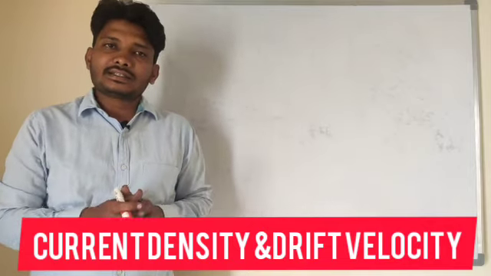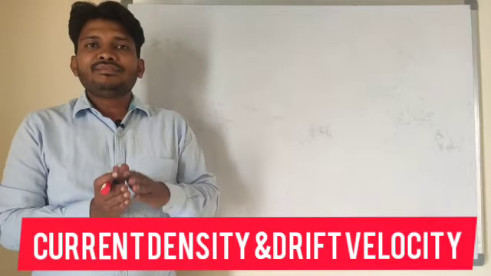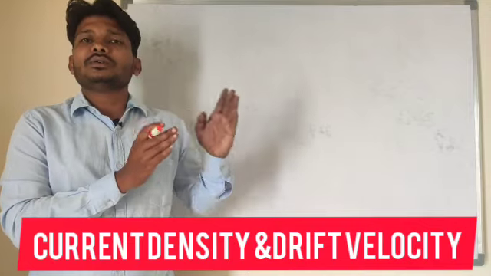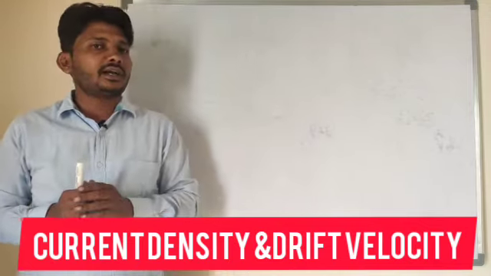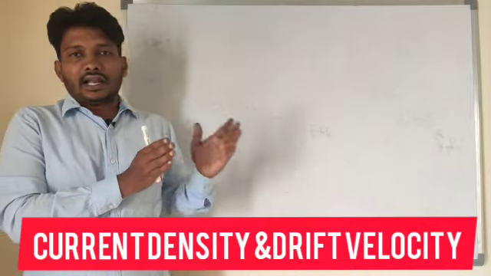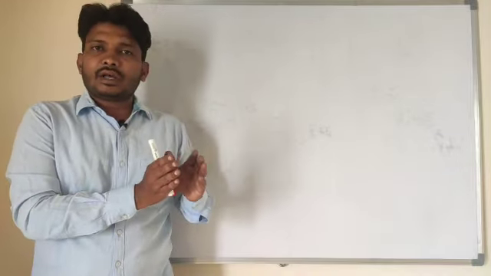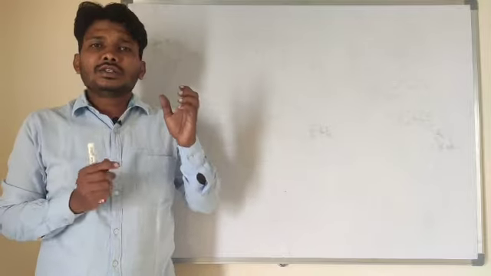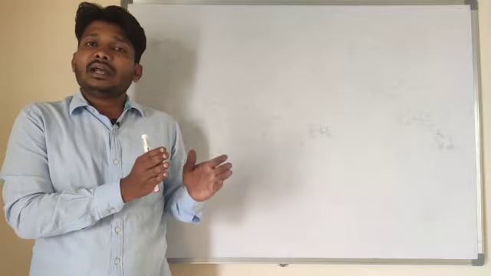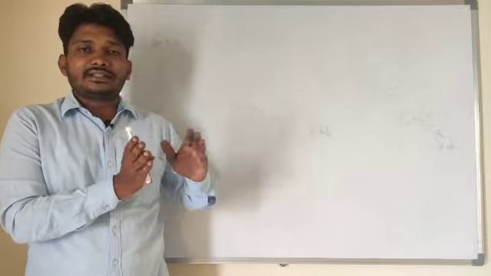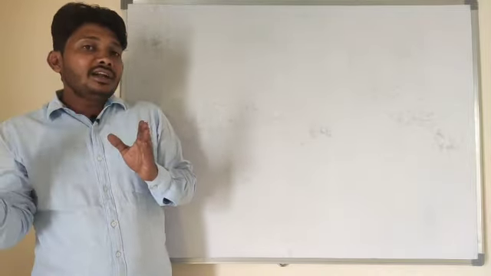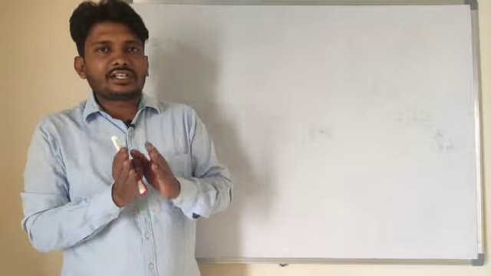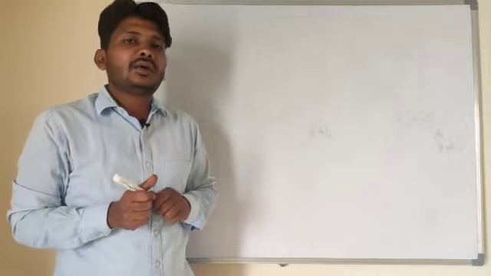So we had been discussing current electricity. In that, we know some basic aspects like what we mean by current, what the mathematical expression for the current is, and whether the current is scalar or vector. All such concepts we already understood in the last video. In today's video, let us understand what we mean by current density, what drift velocity is, and what the relation between current and drift velocity is. Such aspects we are going to discuss today.